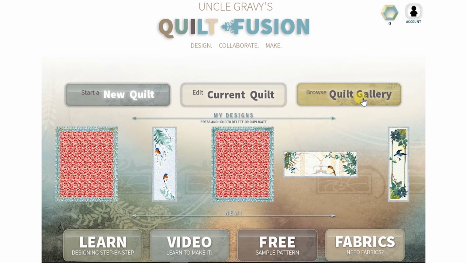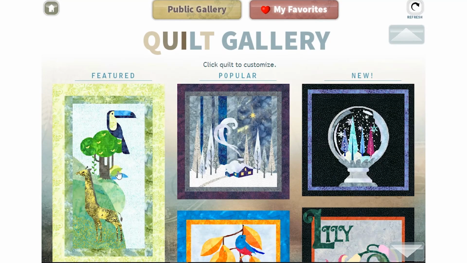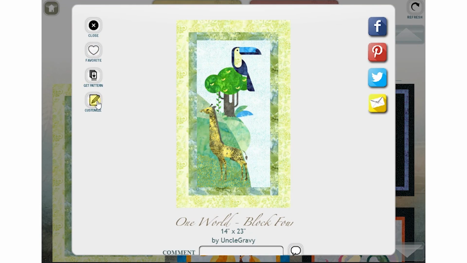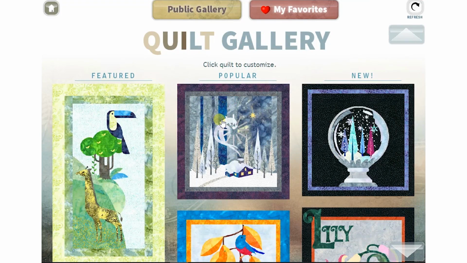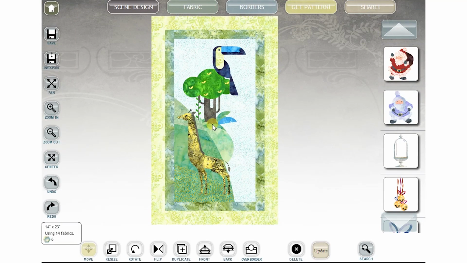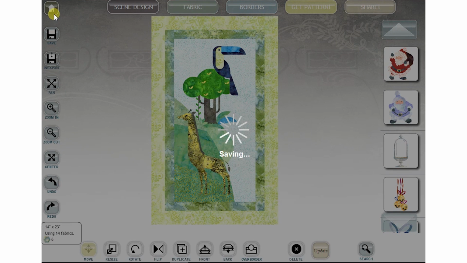Alright, I've got Quilt Fusion pulled up here. I'm going to head over to the Quilt Gallery, grab block number 4, and click Customize. The first thing I want to show you is creating a duplicate design. So let's say I want to save this version of block number 4, maybe just as a reference point, and I want to make a copy that I'm then going to modify. If I go ahead and save this,